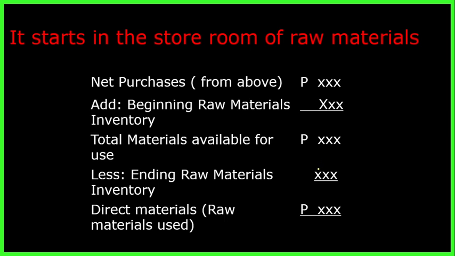If you deduct the ending raw materials inventory, the amount that you did not use, of course, this is the total that you can use. This is the amount that you didn't use. So, the difference will be the amount that you used. So, that's now your raw materials. This is a bit wrong again. Raw materials used, actually. Okay. It was right after all. So, that's your direct materials or raw materials used. But we don't use the term direct materials used. So, anyway. Now,